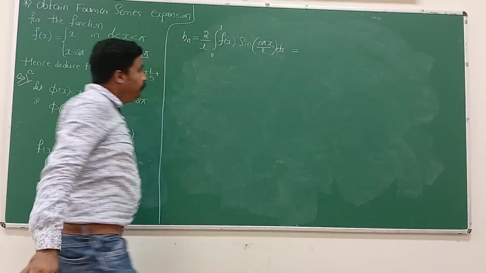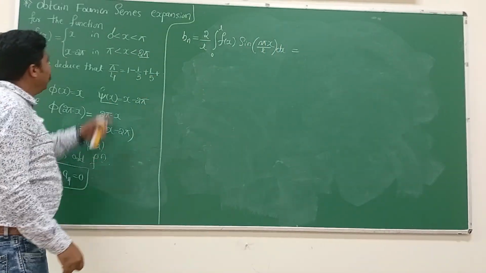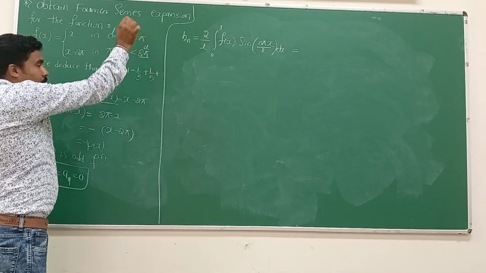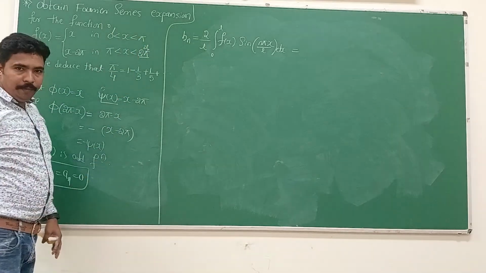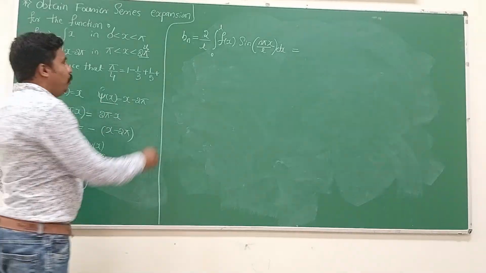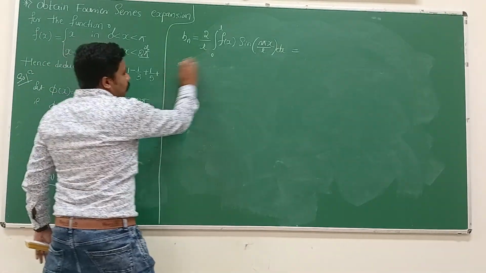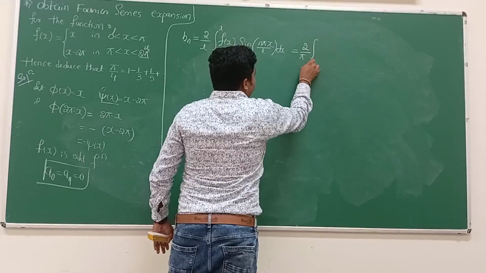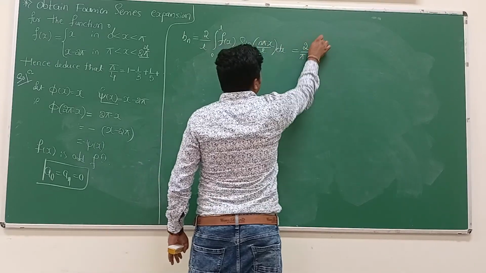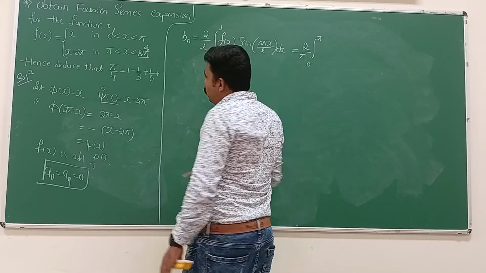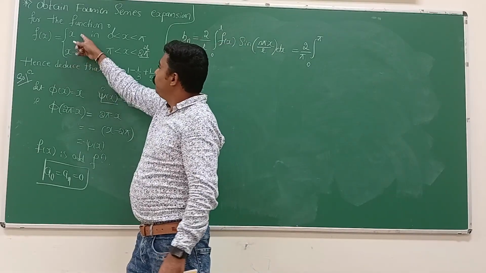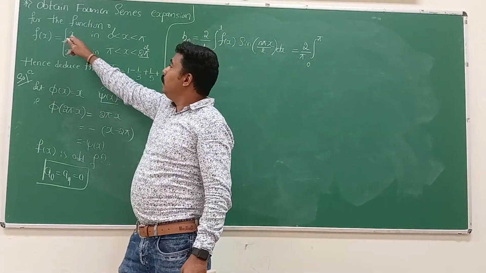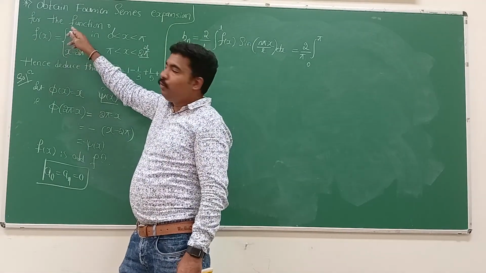What is the L value? See, it is of the form 0 to 2L. That means L equal to pi. So bn equals 2 by pi, integral 0 to L, L is pi, f of x. See, two functions are there. So in 0 to pi, which function is there? x. So we write x into